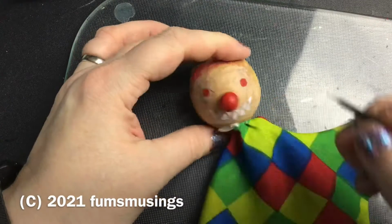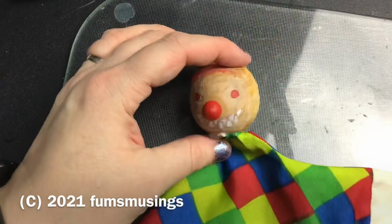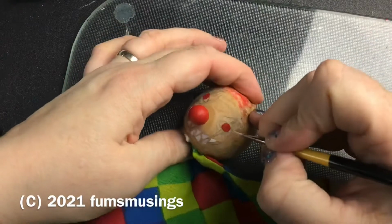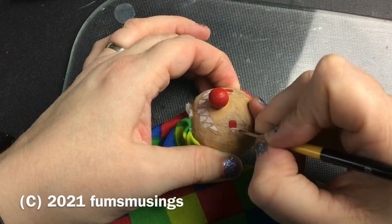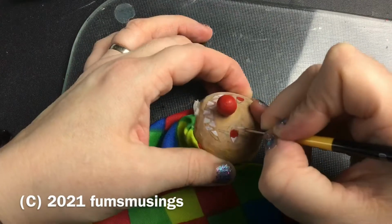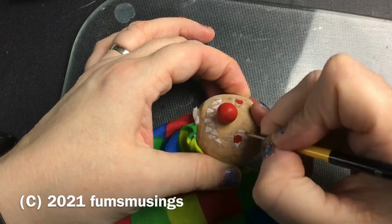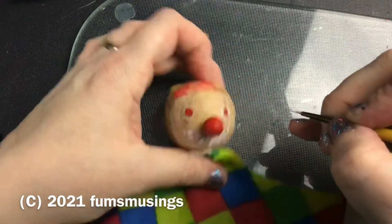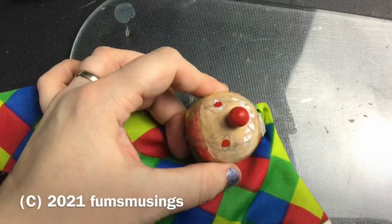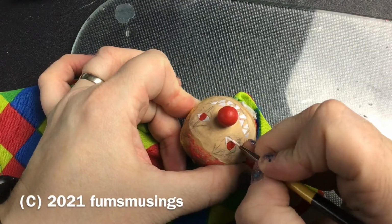I painted the teeth white first of all, and then I painted the whites of the eyes. I'm not doing a pupil on the eye because I think it looks creepier without, so I'm just going to paint a little bit of white for the whites of the eyes, which I'll shade later on,